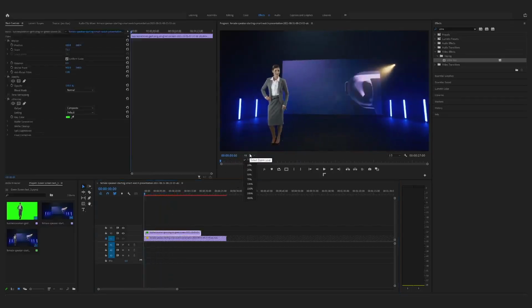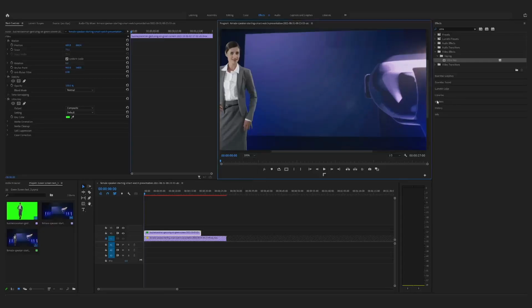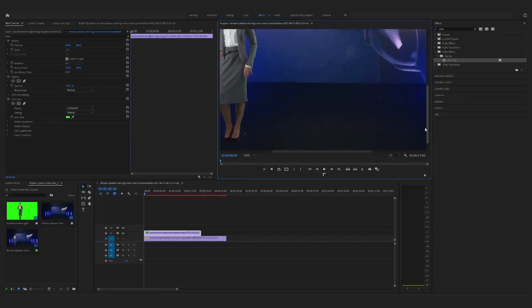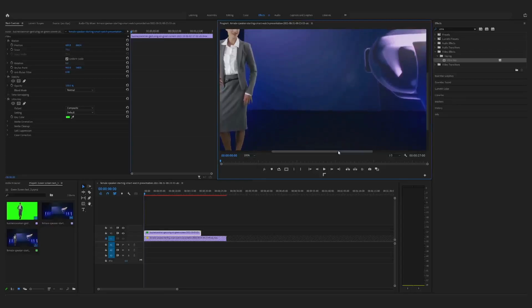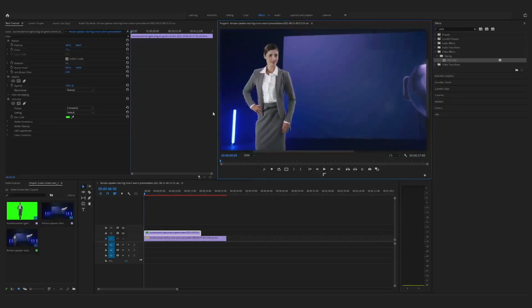But once we've done that, as we can see, there's a bit of an outline around the businesswoman. You can see that white kind of shade on her calf there. And you can also see it around her arm and face. So that'll happen quite a lot when you green screen in, as will quite a lot of other imperfections,